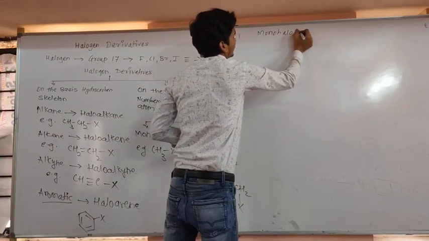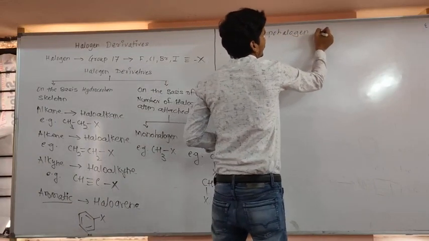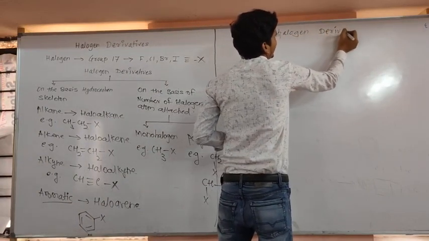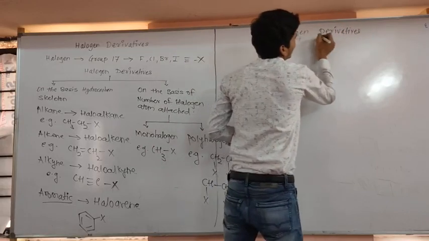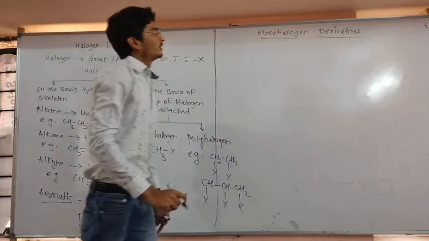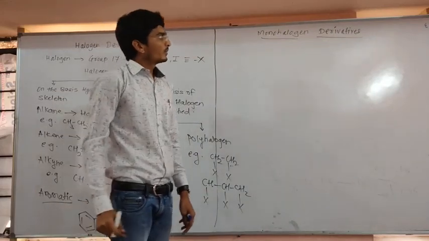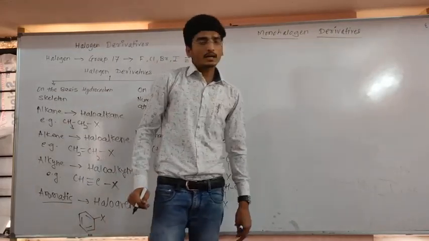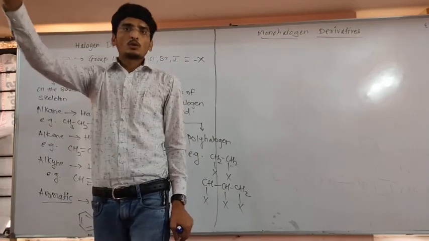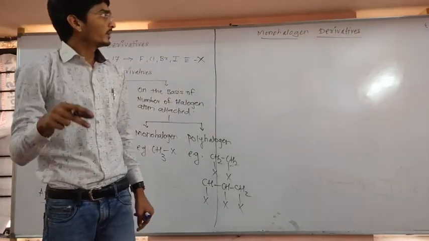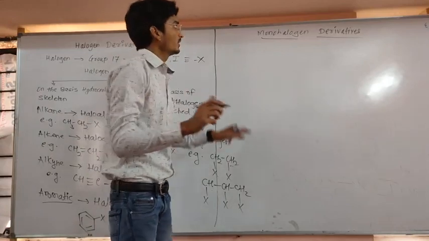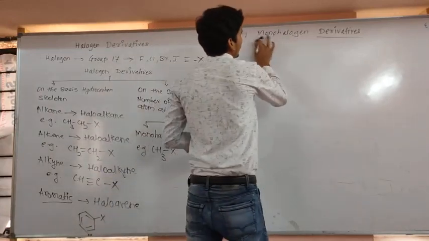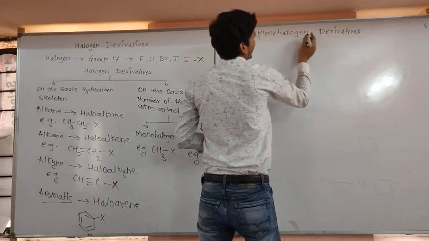Monohalogen derivative. So what is meant by monohalogen derivative? Again, same thing here. When one hydrogen atom of a hydrocarbon is replaced by one halogen atom, then it is called a monohalogen derivative. Okay, so monohalogen derivatives are again classified